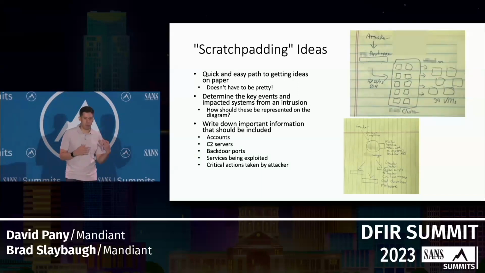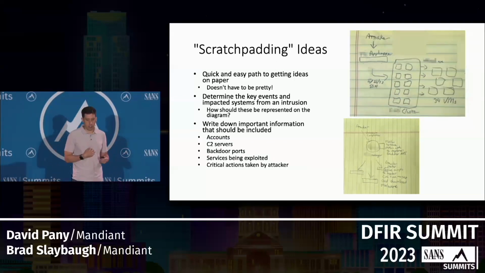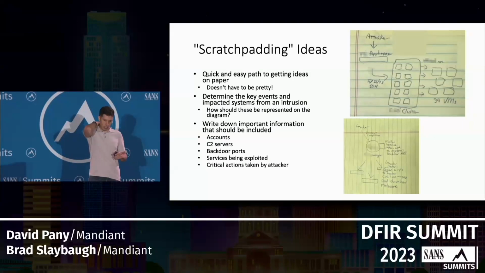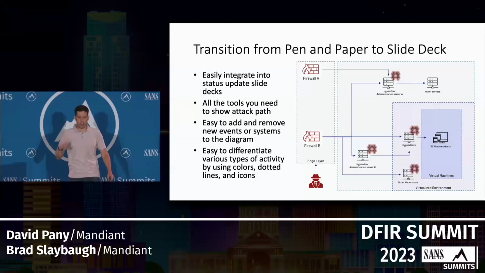We wrote down the backdoor ports that they were using, the C2 servers, accounts, and things like that to make sure that we had the information that we wanted relayed in this attack path diagram. So as we took the scratch pad from the pen and paper and moved it over to a slide deck,